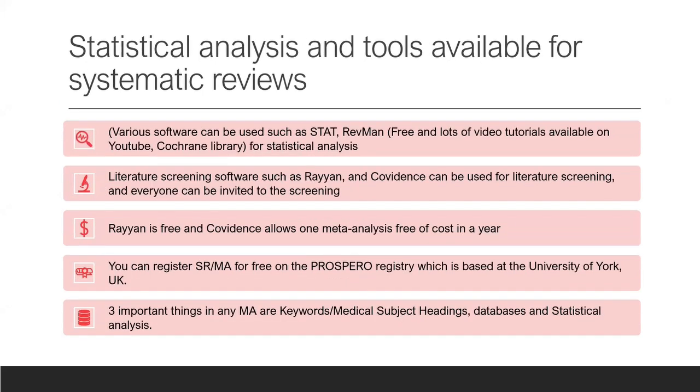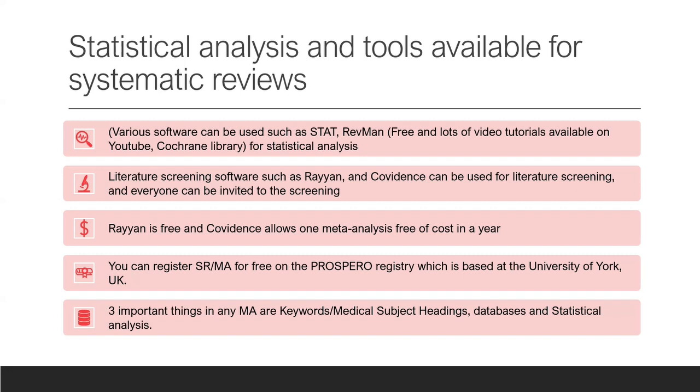Now, there are various software you can use for meta-analysis. These include STATA, but that usually doesn't come free. And the other one is called RevMan, which is freely available on Cochrane Library. You can either do automatic data selection, or you can just manually do data entry for analysis. There are a lot of tutorials on Cochrane and YouTube as well. You can search for it.